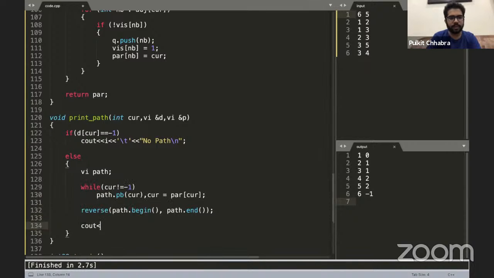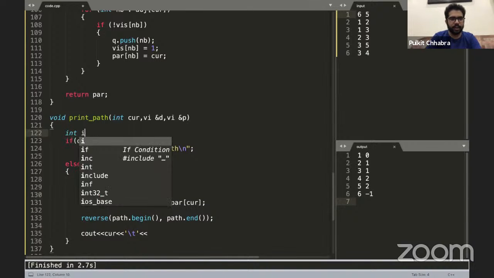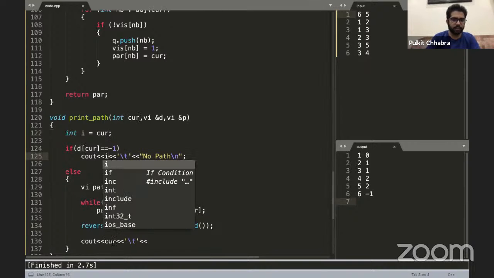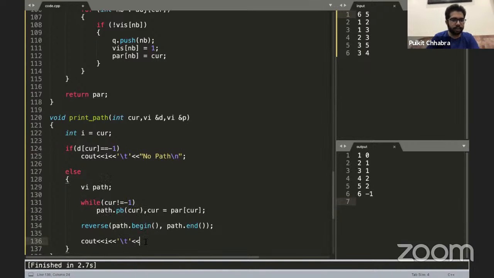What I'll do is print the current node. Okay, it should not be I here, it should be current. Okay, so there is a mistake. The current node would have already been equal to -1, so it will give us a mistake. So I'll need to have the original node's value saved here, so I'll print I here. I hope you understand.